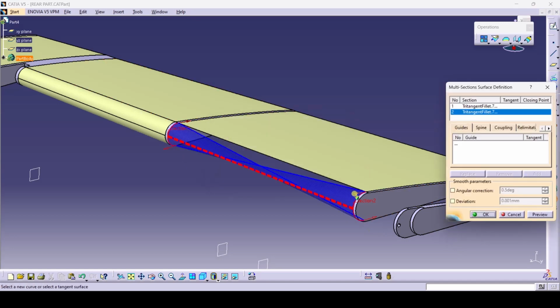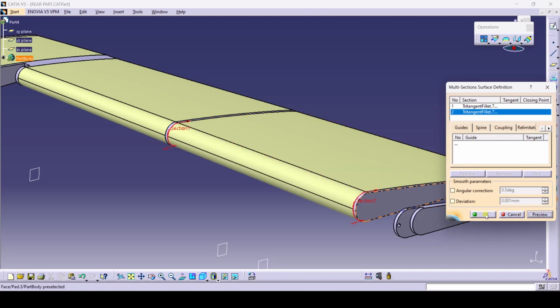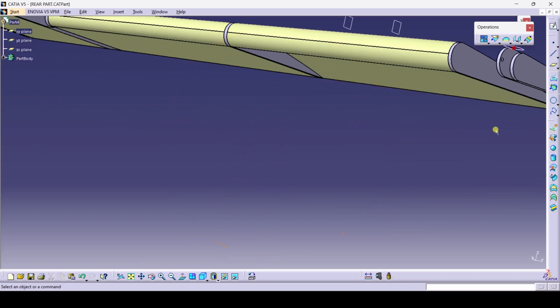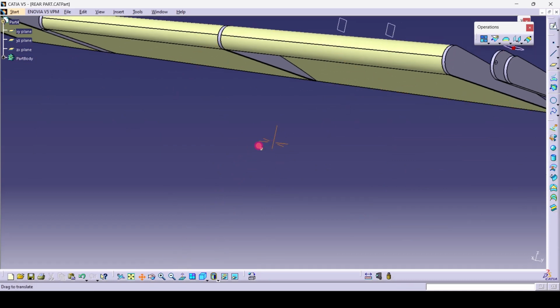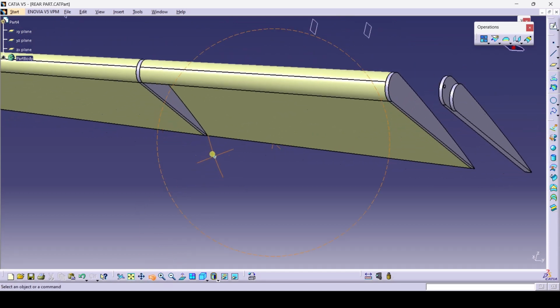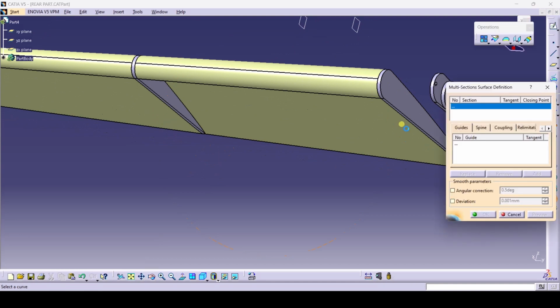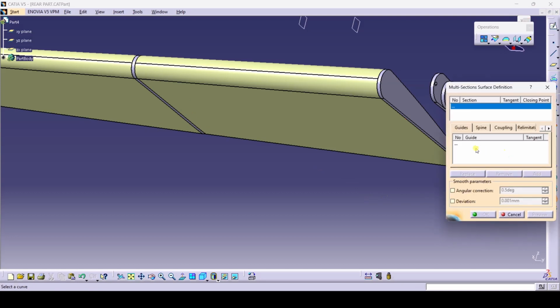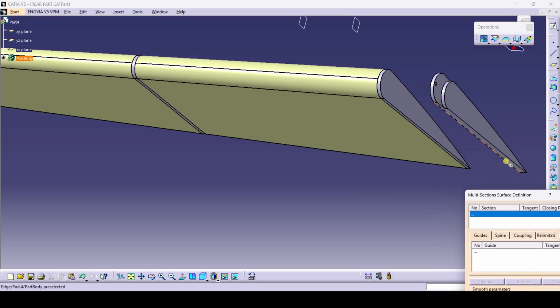If it is wrong, simply select that. You can change the direction, then it will come properly. Then for the last rib,